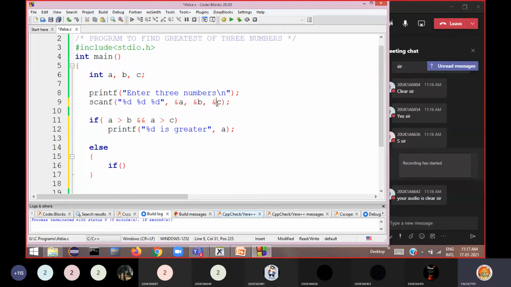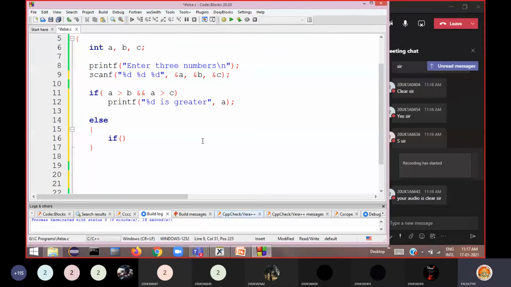This is a simple condition, and we should know how it can be written in C programming. If we want to test a condition, we know that we use an if statement. So: if a greater than b, and logical and, we use double ampersand, and a also greater than c. If both the conditions are true, that indicates that A is greater than B and C. So among the three, you can confirm that A is the greater number.